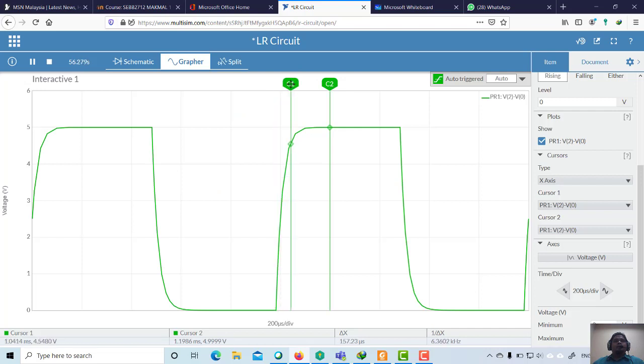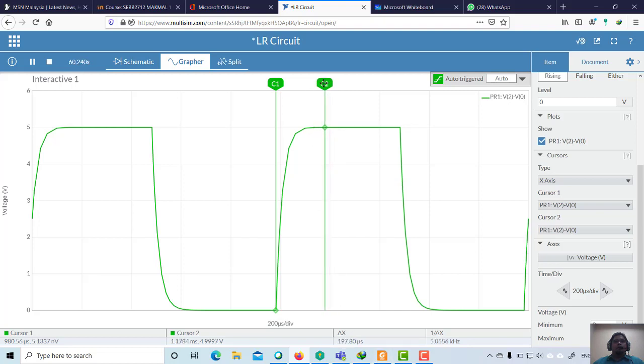Let's say, like I said before, the first cursor you must put here. This one is for charging. You put it here, and then you see this delta x. Once you see delta x, you need to slide your cursor until the value equals your tau. I don't know what your tau is. Once you find your tau, let's say my tau is 30 microseconds, something like that. So then